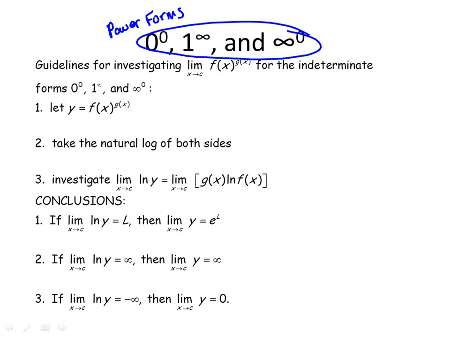Now, with the power forms, they're not hard. They're just a lot of steps, a lot of things that you've got to do. So what happens is this. If you have a limit, and look at this, you have two functions here. One is your base, and the other one is your exponent. So you have one function that is a base and the other function that is an exponent. If you have a limit that is being applied to a power, and you come up with an indeterminate form of one of these three,